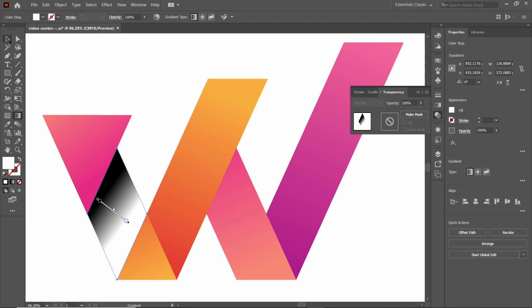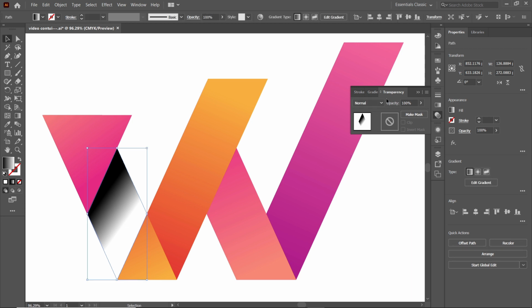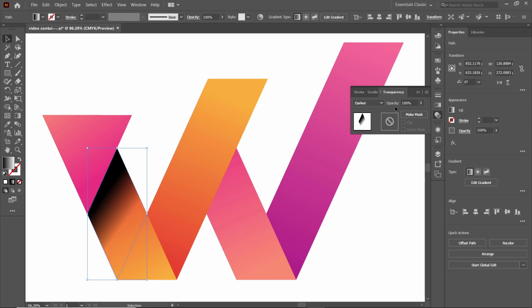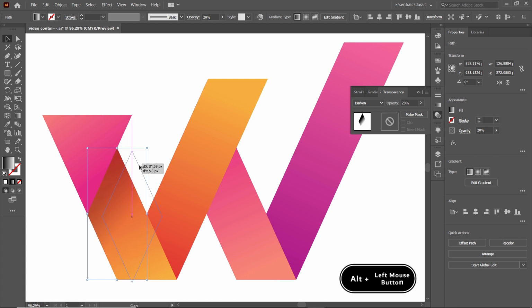Now select the selection tool, and from transparency simply select this drop down menu and select darken, and from the opacity simply reduce the value to 20% and press enter, and you can see that a soft shadow is applied to the shape. Now to duplicate this shadow, simply hold down the alternate key and drag it at this corner